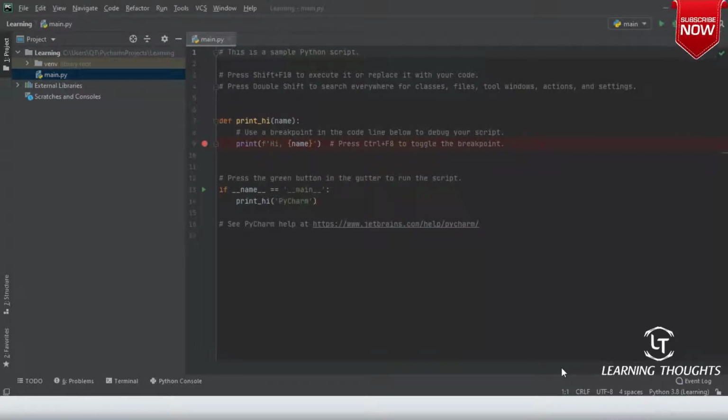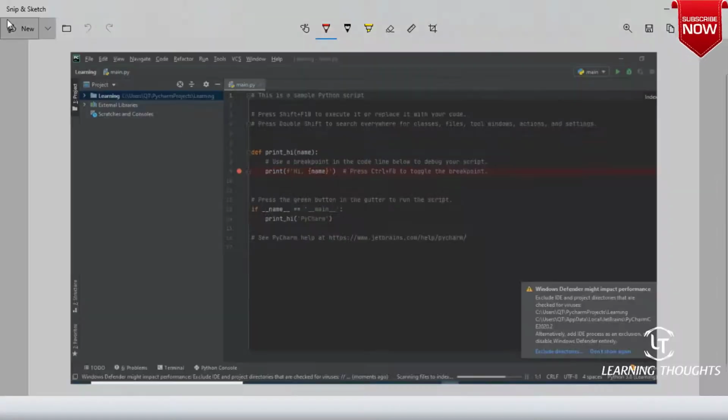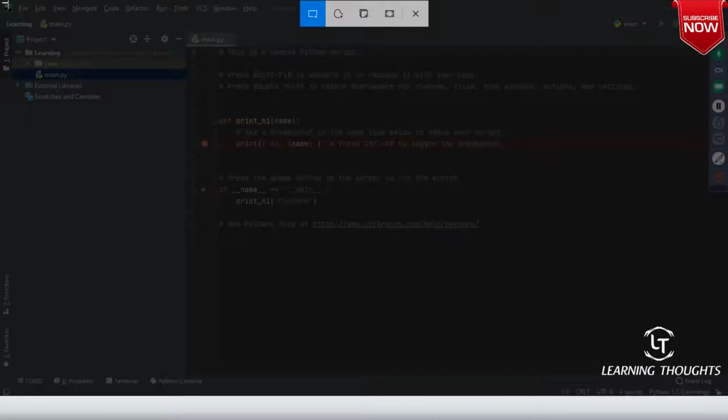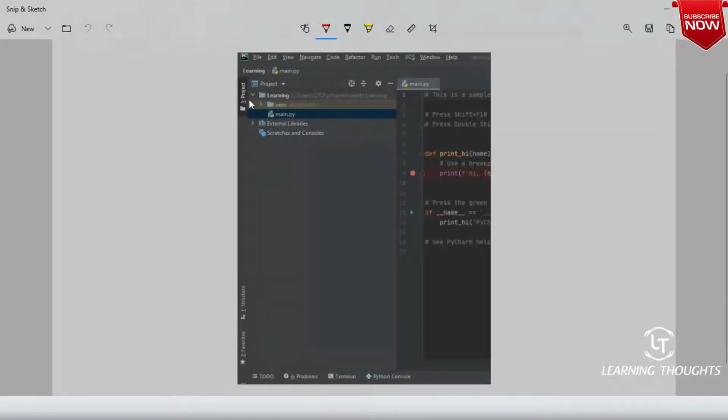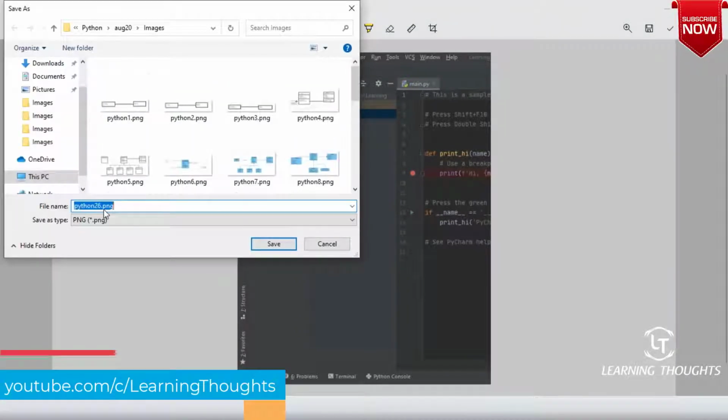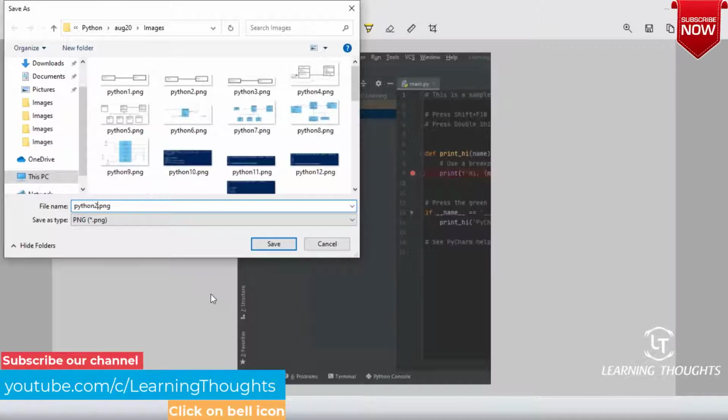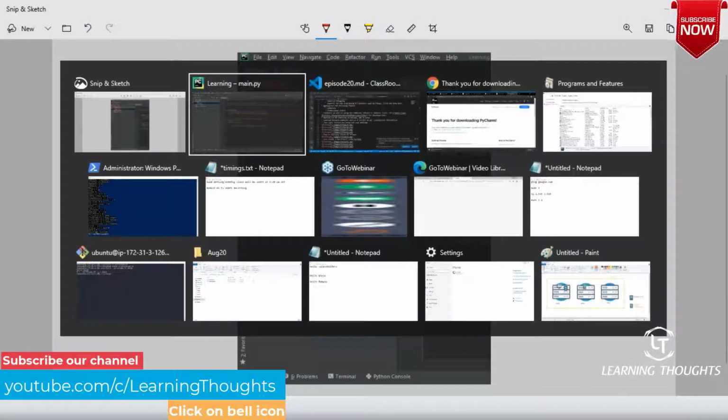We'll be doing that. So what have we done? We have opened the learnings, and then we are seeing a file which is called main.py.